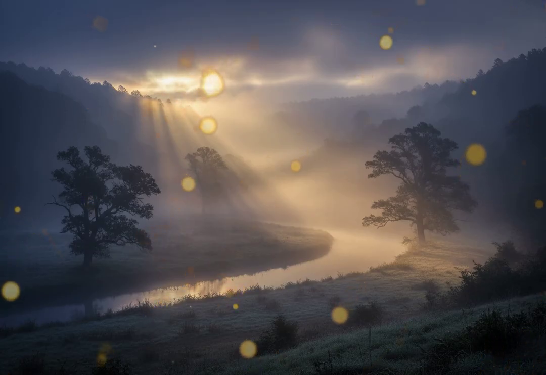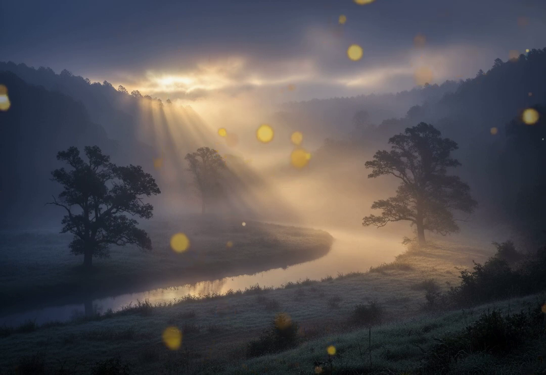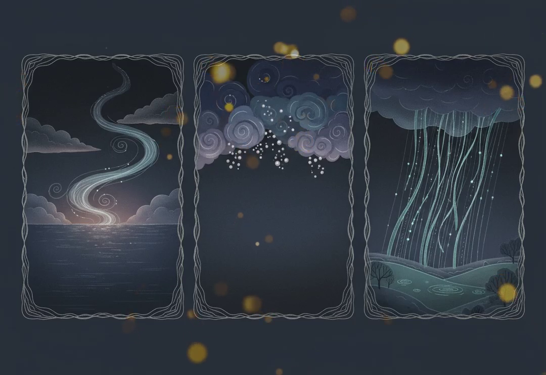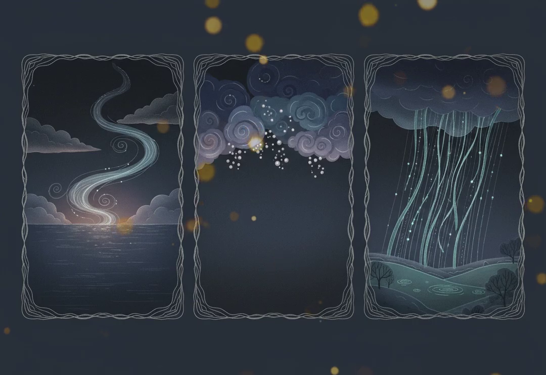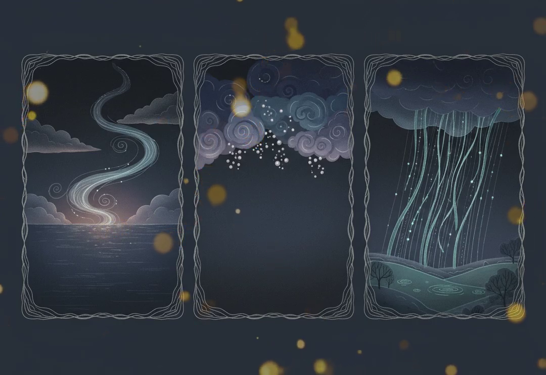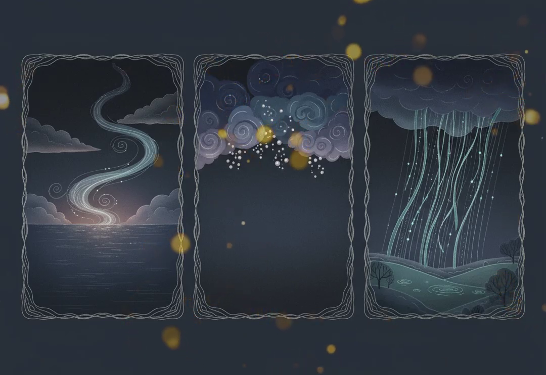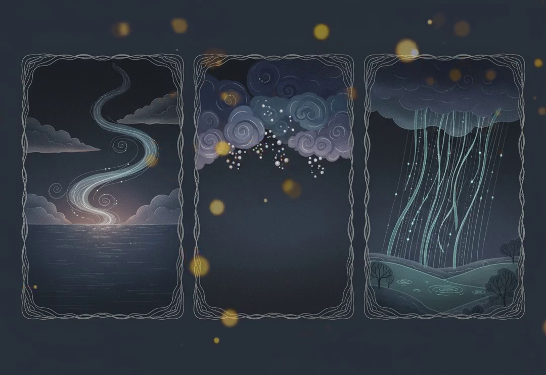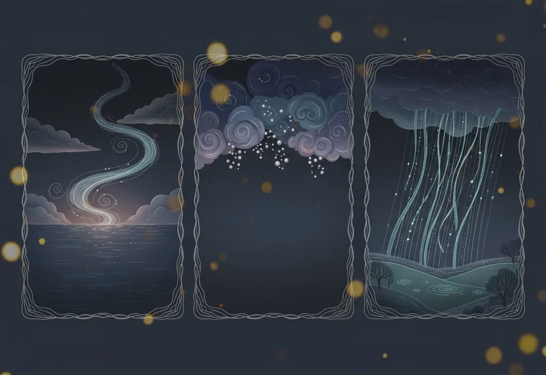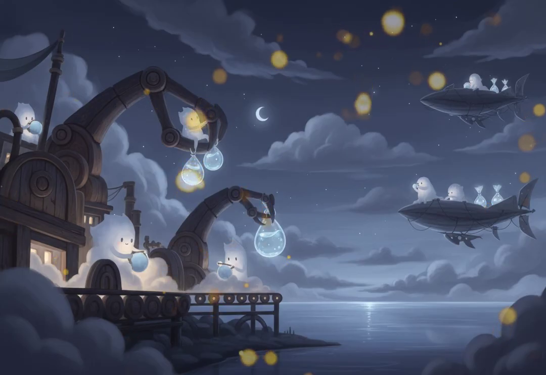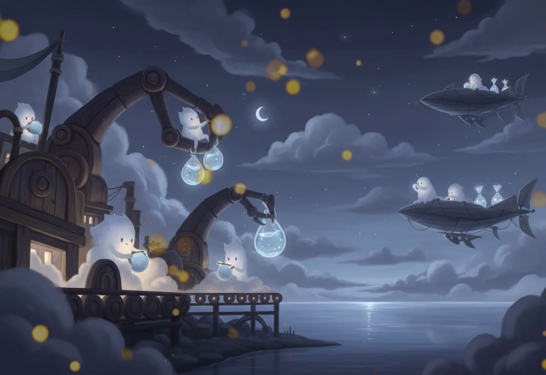Picture a summer storm sweeping across a city, where the combination of heat and humidity creates a torrential downpour, flooding streets and overwhelming drainage systems. This scenario illustrates how urbanization can alter the natural balance of temperature and precipitation, leading to challenges that require thoughtful solutions. As we contemplate the myriad ways temperature influences precipitation, we can appreciate the delicate balance of forces that shape